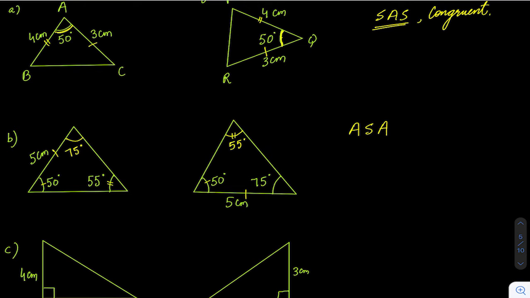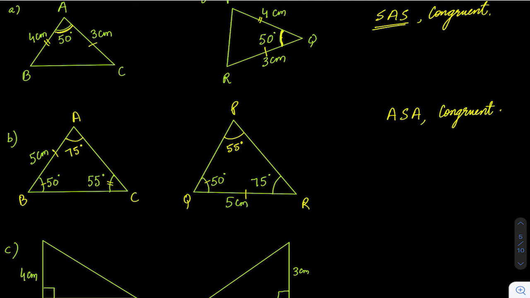Not ASA. If you want to apply ASA, then you have to apply between the angles. Let's use this angle as this angle is 55 degree. Let me just name this so that it's easy. So PQR, let's say this is ABC. Now as you can see, angle B is equal to angle Q and angle A is equal to angle R. And the side that includes these two angles is also equal, that is 5. So by ASA, we can say triangles are congruent.